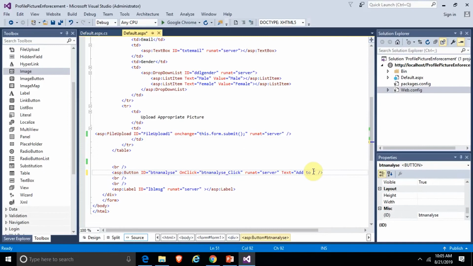Add to database, for instance. But we'll still leave the button name as analyze and the on-click events to be this. But we can remove this later actually. So now that we have that,